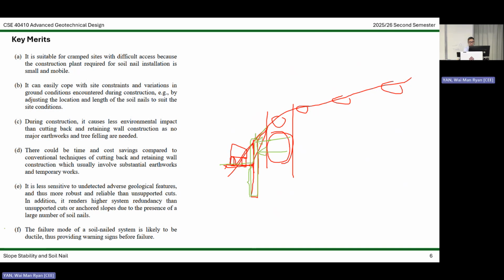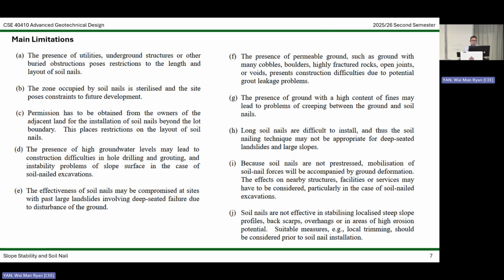You need this, where's my nose? You need this part to provide the resistance, right? Earth pressure to provide resistance. Okay, so these are some practical issues that we may encounter when we use soil nails. There are some other things. For example,